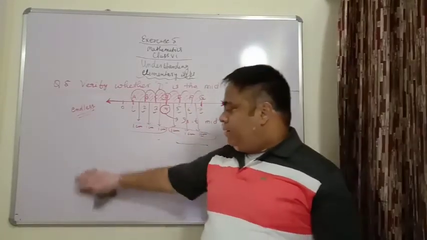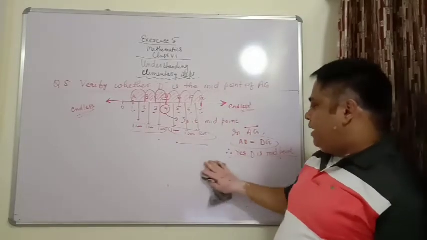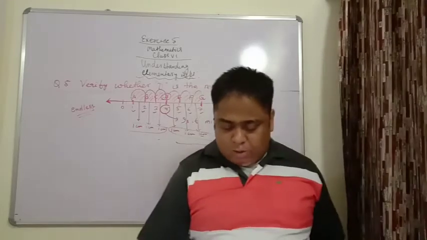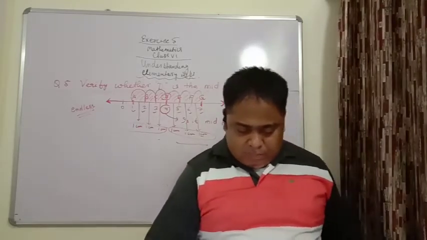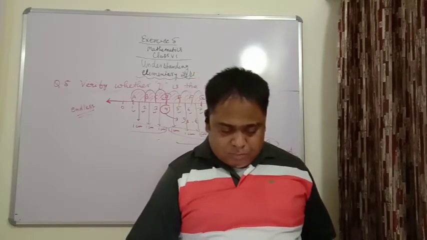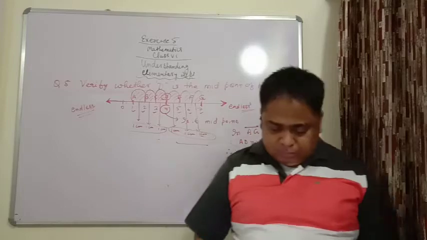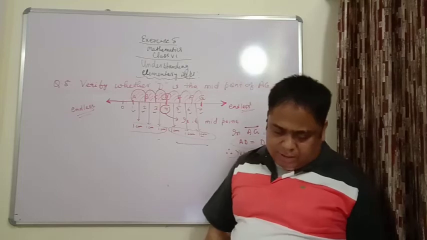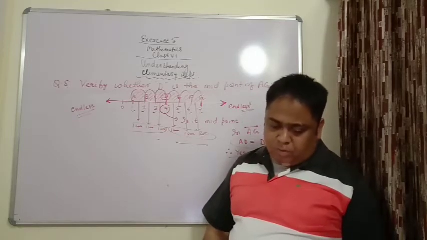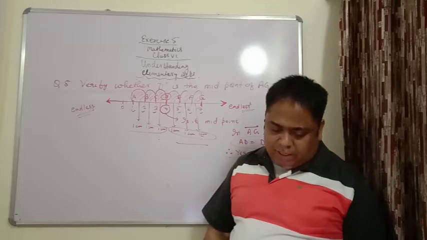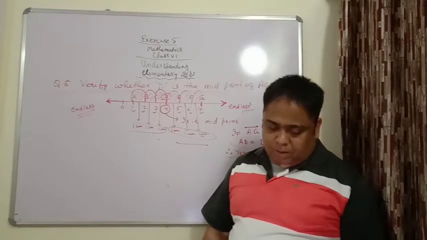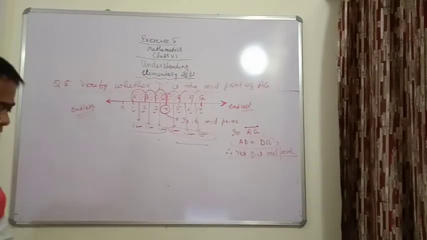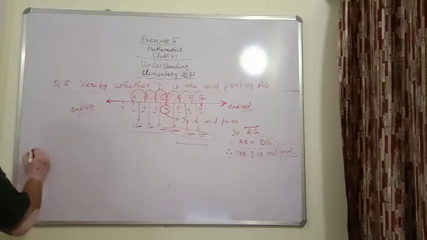So D is not the end point of the line, it is the midpoint of the line segment AG. Line segment is the part of that. Although in the book line they have drawn, but you have to consider line segment. Now question number 6. If B is the midpoint of line segment AC and C is the midpoint of line segment BD, where A, B, C, D lie on a straight line, say Y, AB is equal to CD. So unless we draw, the figure will not be clear. So let us draw what they are saying. Question number 6.